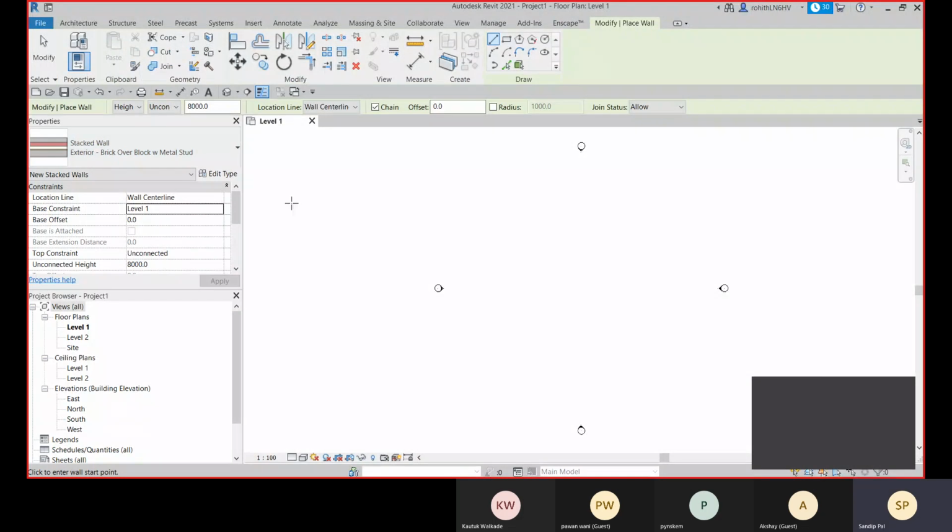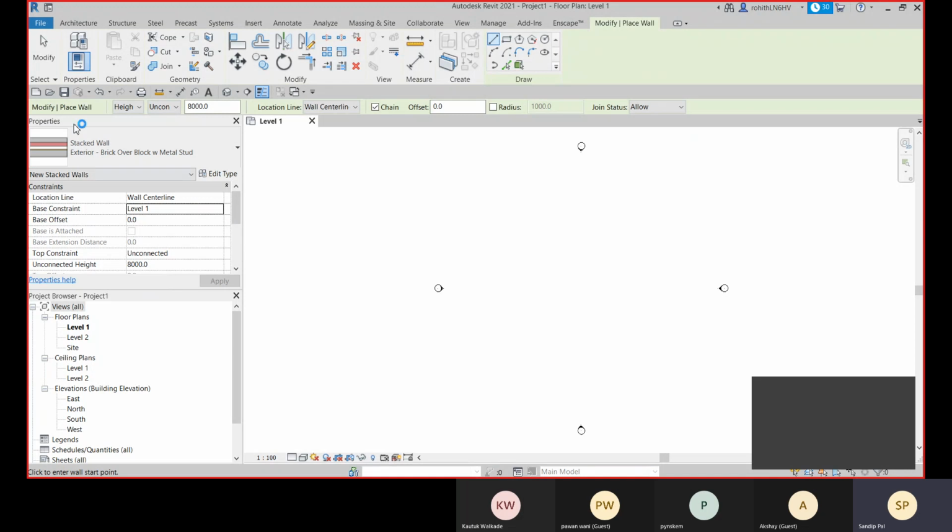When you stack your wall on top of each wall, that is called the stacked wall. So a stacked wall you can use to create your wall foundation, and the wall foundation you create, your superstructure wall continuous.